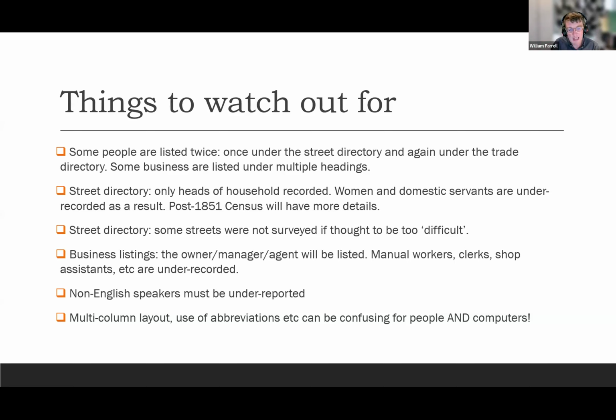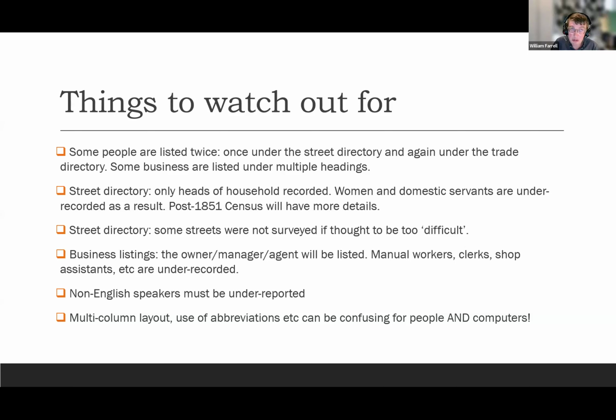And that means they can be confusing to read sometimes, but they're really confusing for computer software to read. And so we know from feedback on our collection and of some other similar collections that people can find them frustrating to use, particularly if you're searching for common surnames, or you really think someone is there and you can't find them. And this is really the source of the issue with computerized keyword searching. Even in 2024, it struggles with the layout, the very small text, and the use of abbreviations.